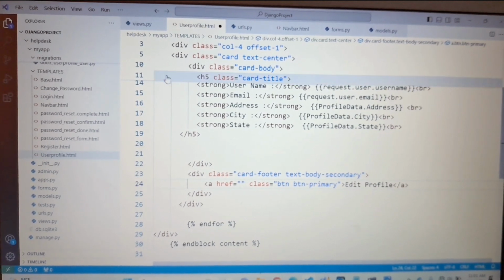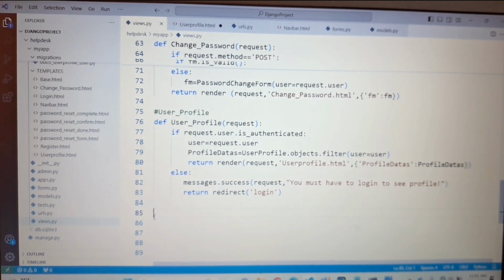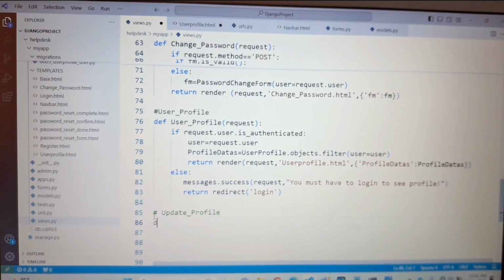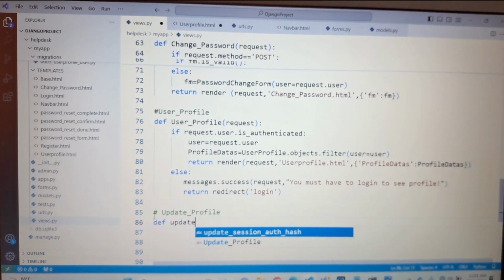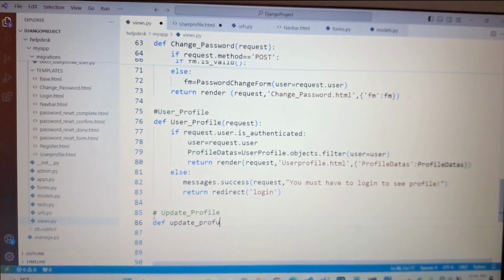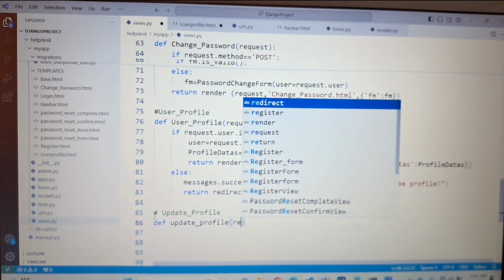First, go to the views.py file, and here we have to write the view function. First I'm writing a comment, update_profile. Then def is the keyword to define any function. Then the function name, update_profile. Then the default parameter, request,